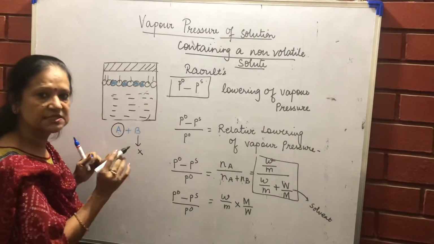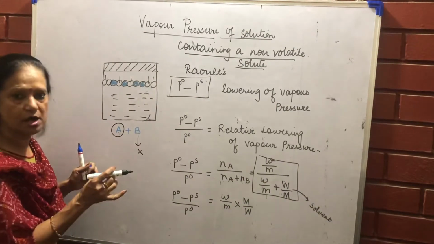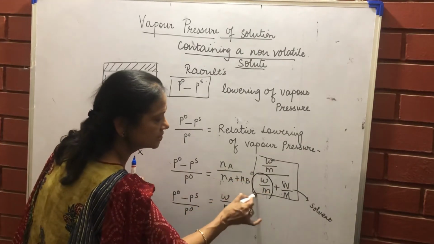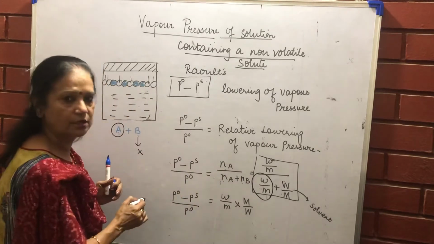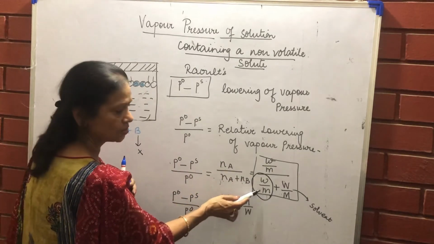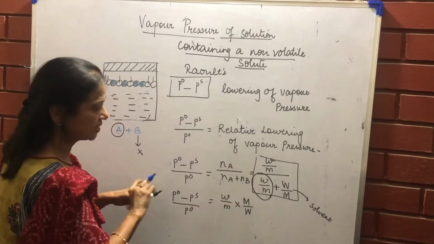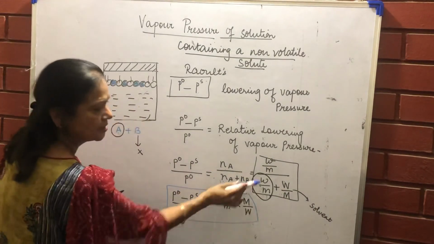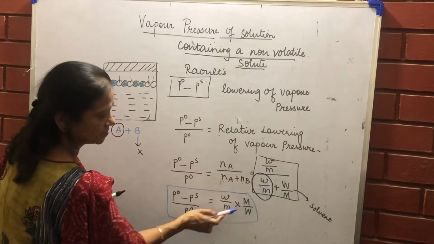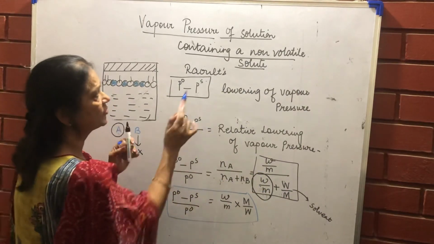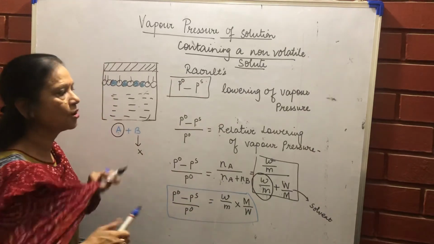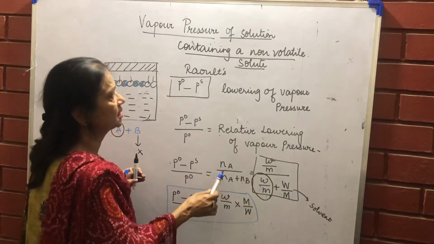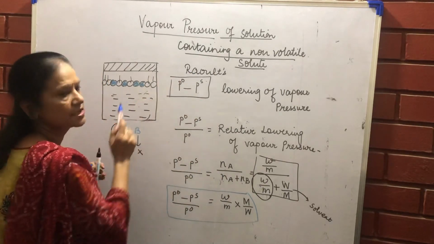If the solution is extremely dilute, that means very small quantity of the solute has been added, then we can neglect this one because it is already in the denominator and its amount is also very less. That means I can neglect this, and in that case I can use this formula. The same formula, I've just neglected this. So relative lowering of vapor pressure is proportional to or is equal to the mole fraction of the non-volatile solute that you added, which is known as Raoult's law.